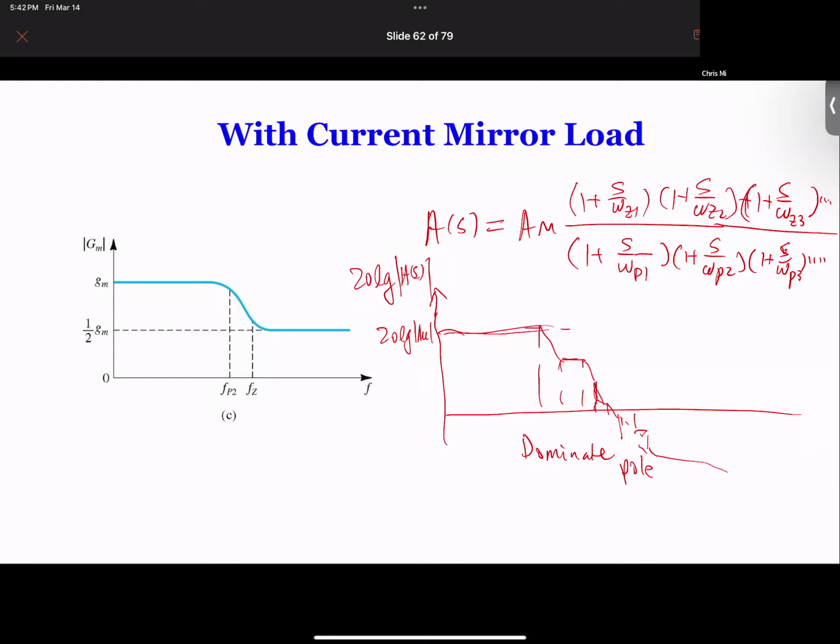Even though they don't look like it, sometimes we say we don't care about this region, because our frequency is in here. We design our dominant pole such that it's 10 times higher than our frequency. So do we care about this region? Normally you wouldn't. But the problem is that when we have feedback,